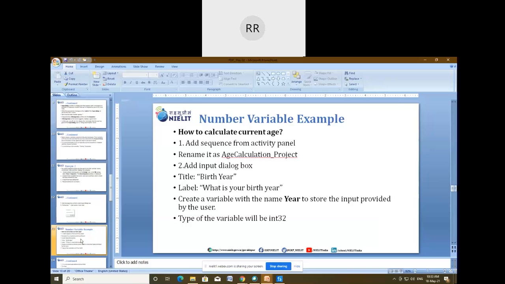I'm first going to discuss the steps. For that we have to use again the sequence file.